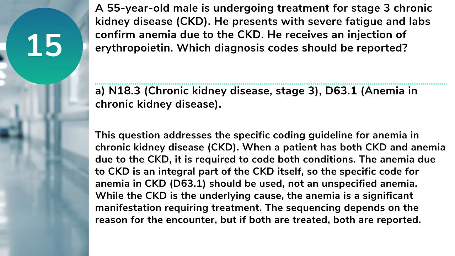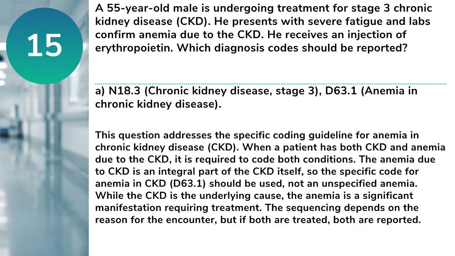Answer A. N18.3, chronic kidney disease, stage 3, D63.1, anemia in chronic kidney disease. This question addresses the specific coding guideline for anemia and chronic kidney disease, CKD. When a patient has both CKD and anemia due to the CKD, it is required to code both conditions. The anemia due to CKD is an integral part of the CKD itself, so the specific code for anemia in